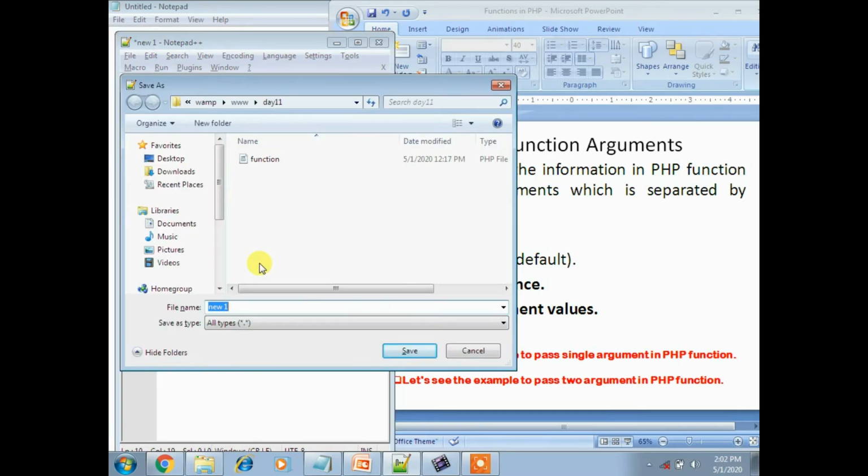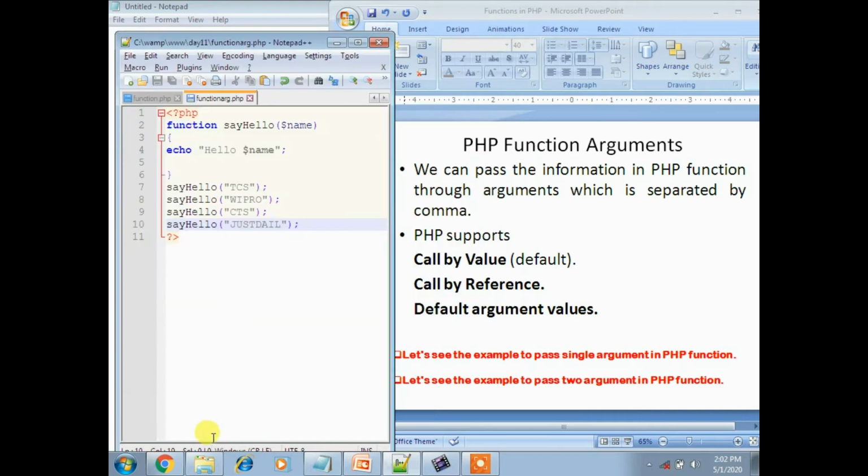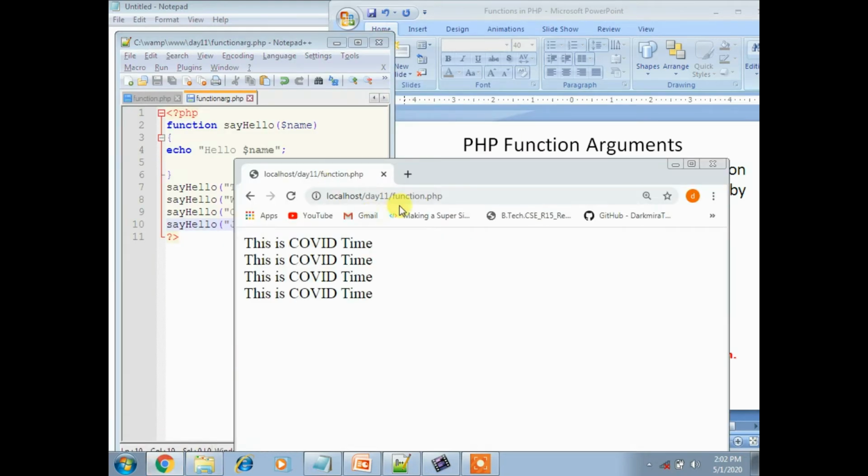So here, I'll name it function argument dot php. Day 11 only I am saving. Now execute the program with the file name.